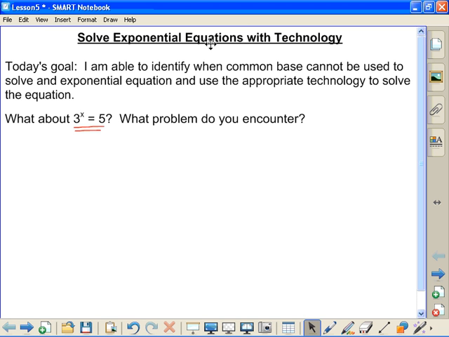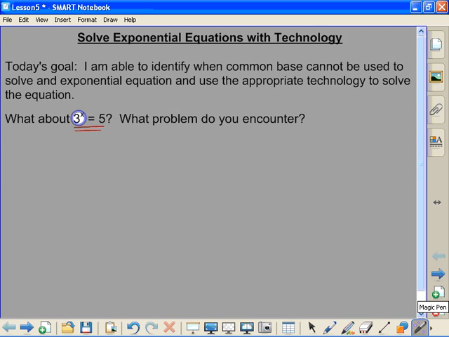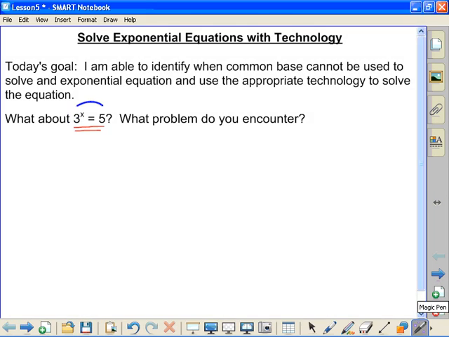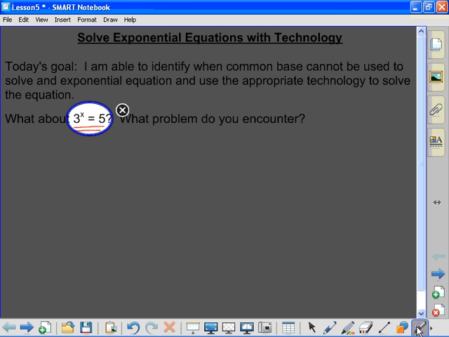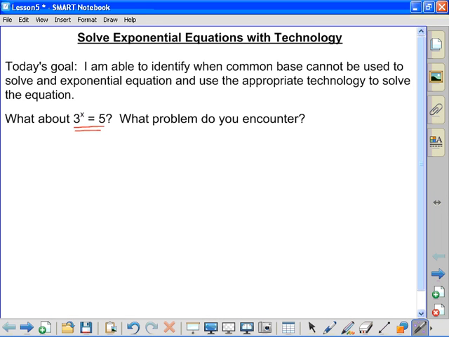Second one is to divide to get rid of the 5, but we can't divide by the 5 because the 3 to the exponent x is already isolated. Dividing by 5 just makes it uglier. So once we identify that we can't find a common base, we're going to use or apply the graphing calculator. So, using the graphing calculator,